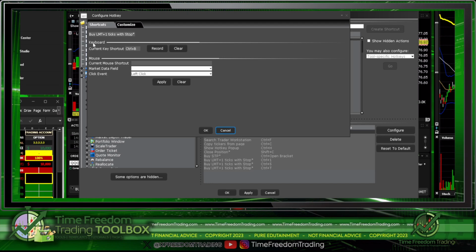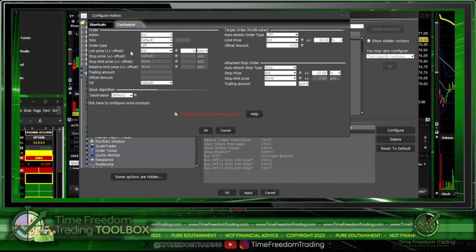And so here I have my initial buy button, which is what I always buy with, which is programmed to be a limit plus one tick with a stop. So I can record, and that Control B button is what is then programmed on the StreamDeck to execute only that hotkey. To customize the actual order, this is very important,